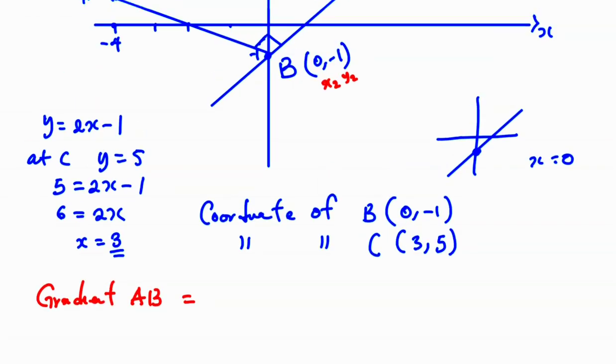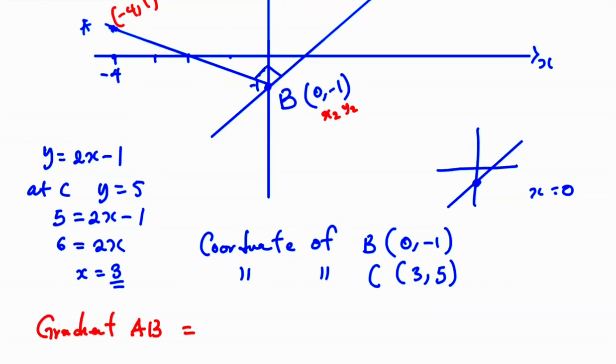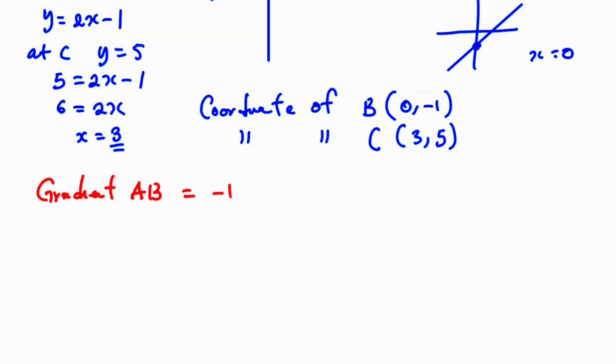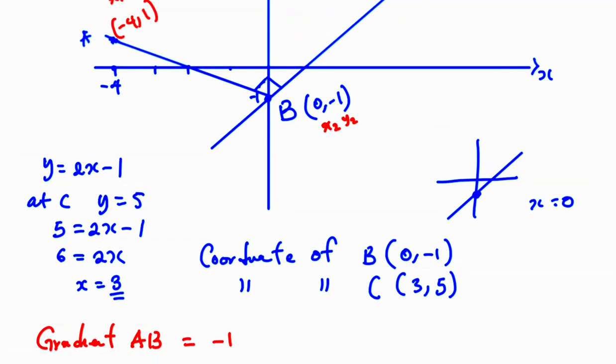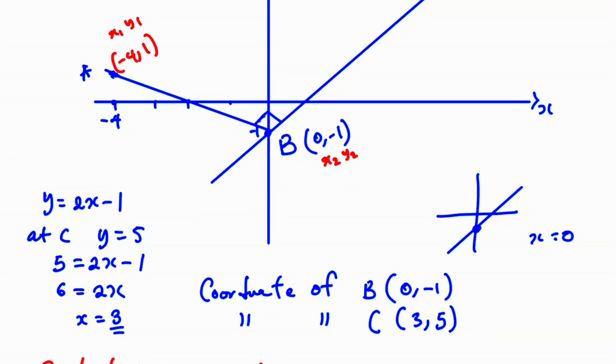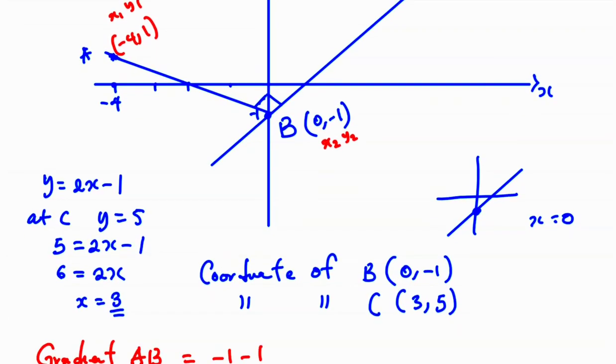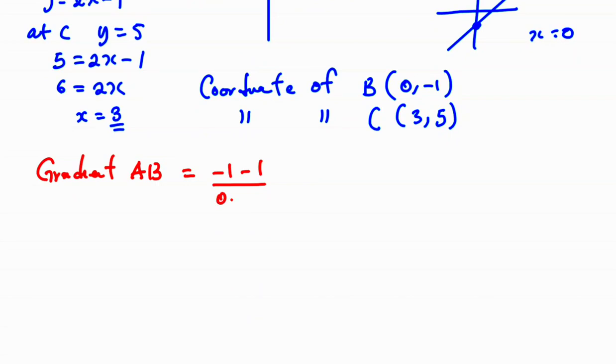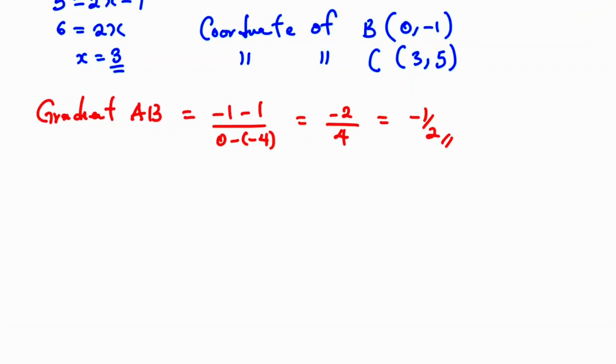So now if I wish to do that, then it means that I'm going to have minus 1, which is y2 now. Then I have minus 1, which is y1. Then I have 0 minus minus 4. Now I'm going to have minus 2 all over 4. So the answer is minus 1 over 2. So I'm done with this gradient. So let me go and get the gradient